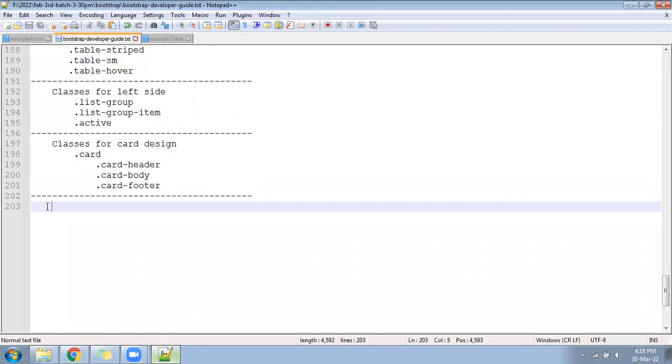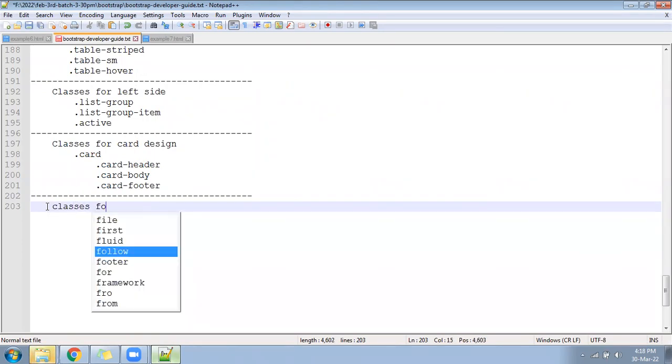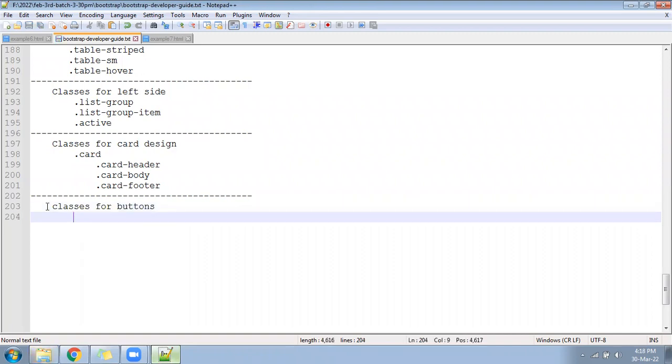When we design a form, there will be different types of forms that we'll discuss. Before that, buttons. How we can design different color combination buttons of different types. Let's see that. Classes for buttons.